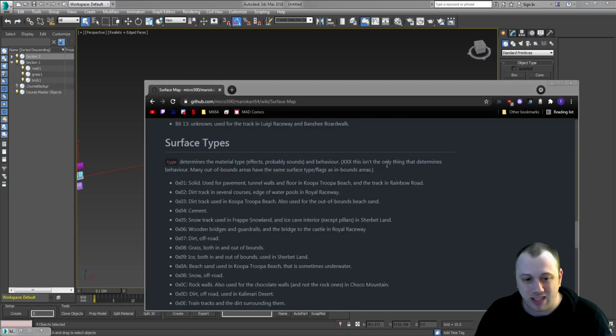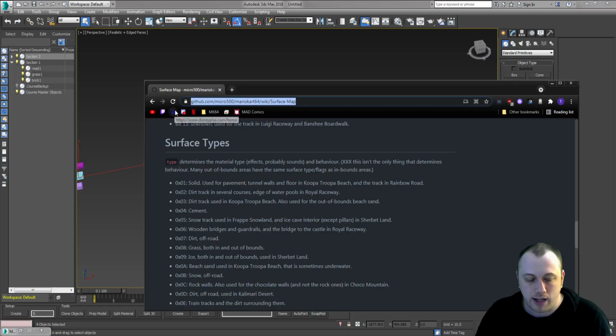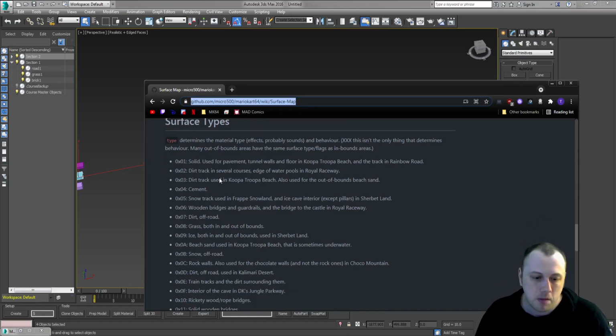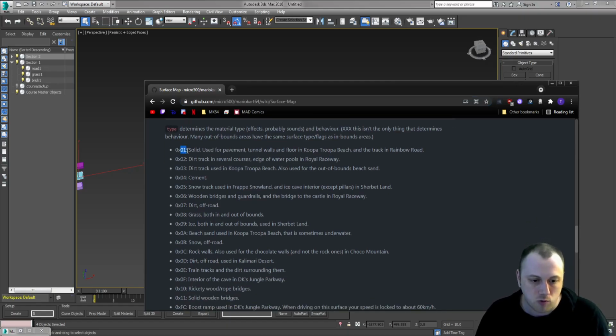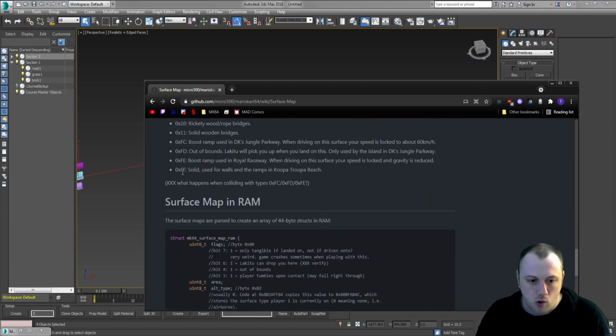So now we're going to actually name them after their surface type. So there's a list which will be available throughout the Discord and also on Micro 500 Wiki. It also is able to be set in the program itself later on, but we want to set them ahead of time. The road is going to use material 1. The grass is going to use material 8. And the walls will use FF. Now that's hex. In decimal, this is 255. So going back here,